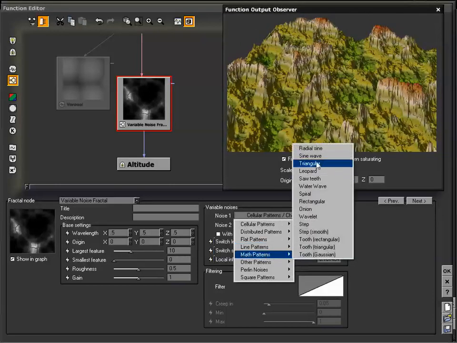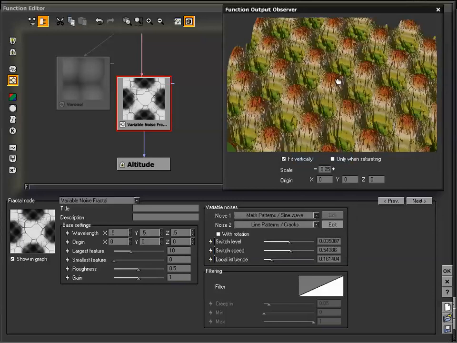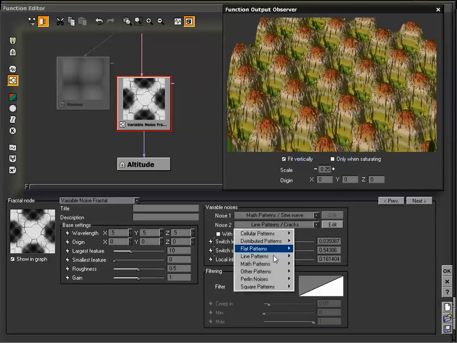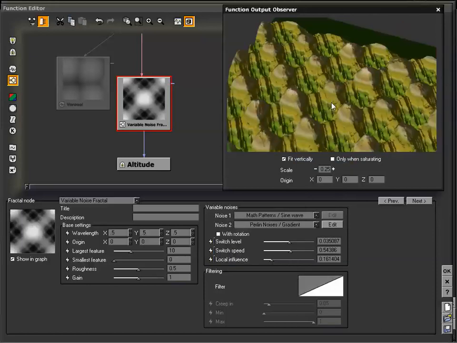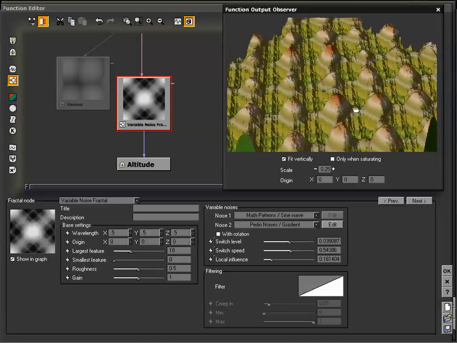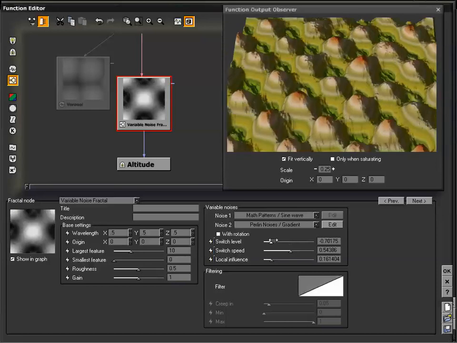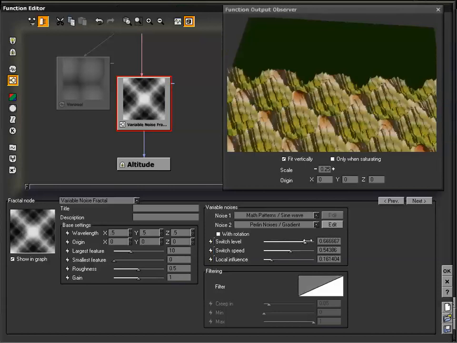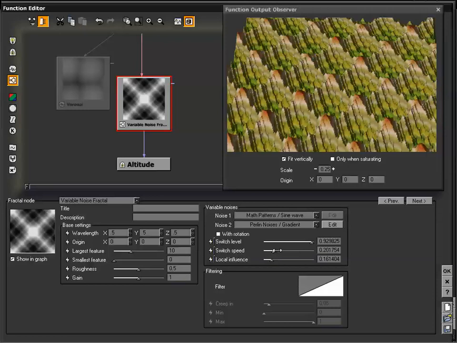We can select our math. Let's do a sine wave. Now we can see those humps showing up. We'll change this to gradient. And now we can see those two combined. We change our switch level. We could switch in between the dominant noise, and then also our switch speed,